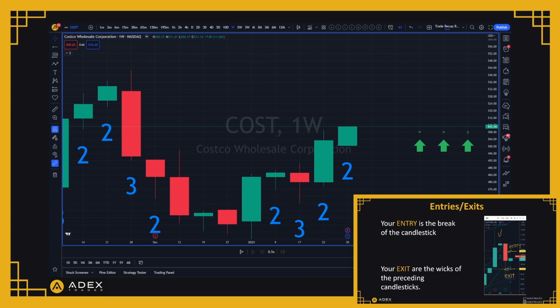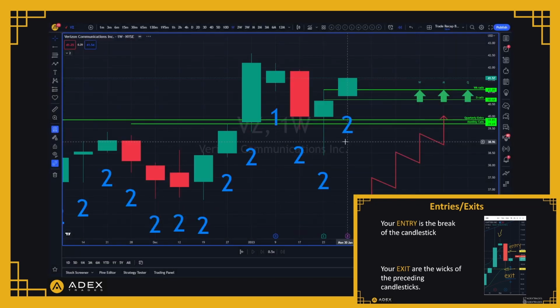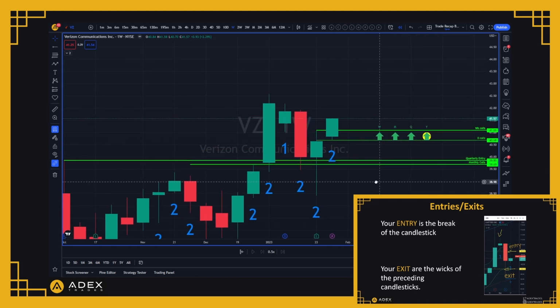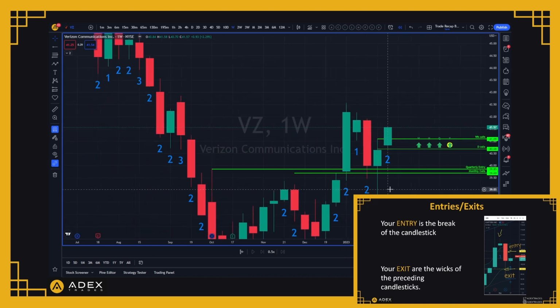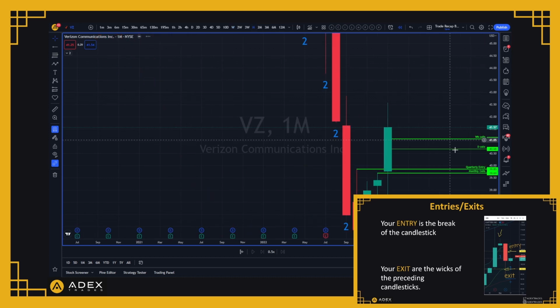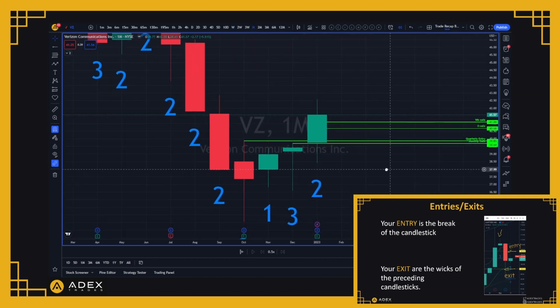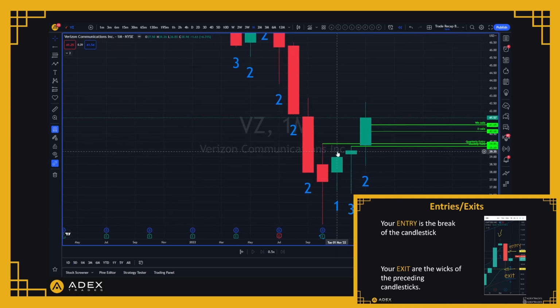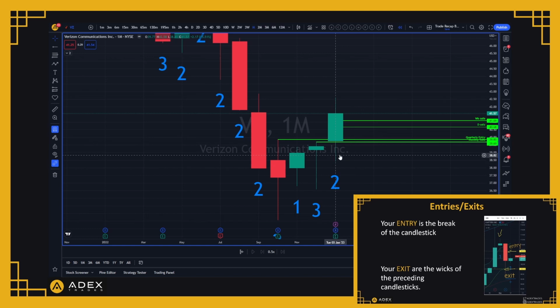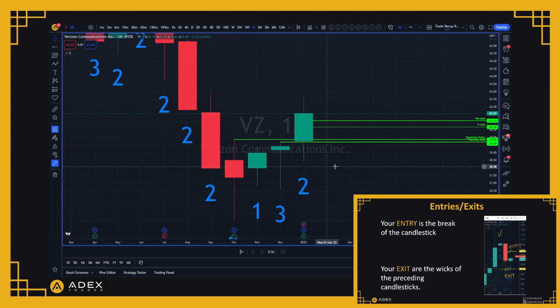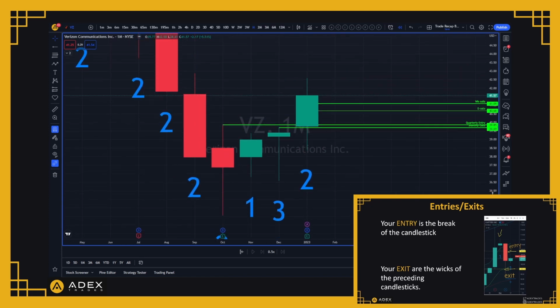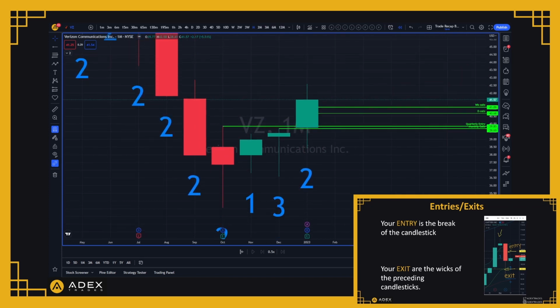Perfect. Question. Yes. Can you go back to Verizon and one of your triggers? I think it was maybe on the month. I'm just trying to figure out how you were drawing your triggers. And you didn't use the 1? You don't draw a trigger off of the 1 candle? No. The reason why is because the trigger is based off the previous candlestick. So this is a 1-3 rev strat pattern. Let me go to